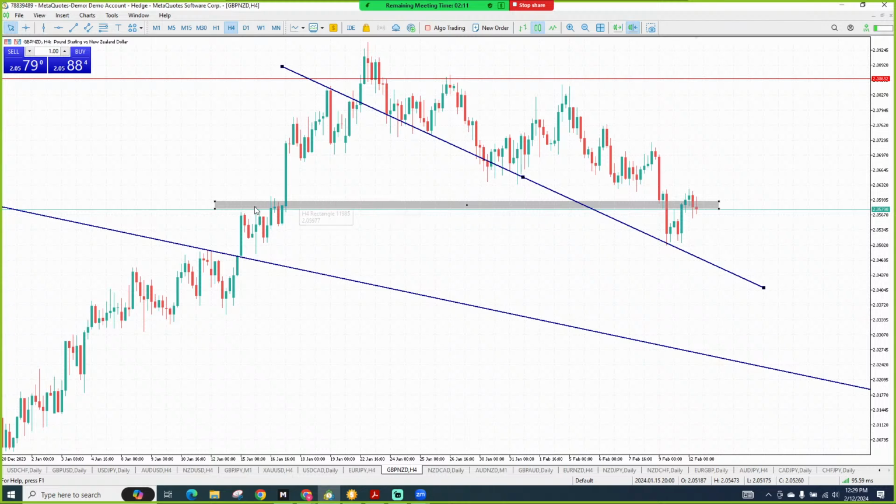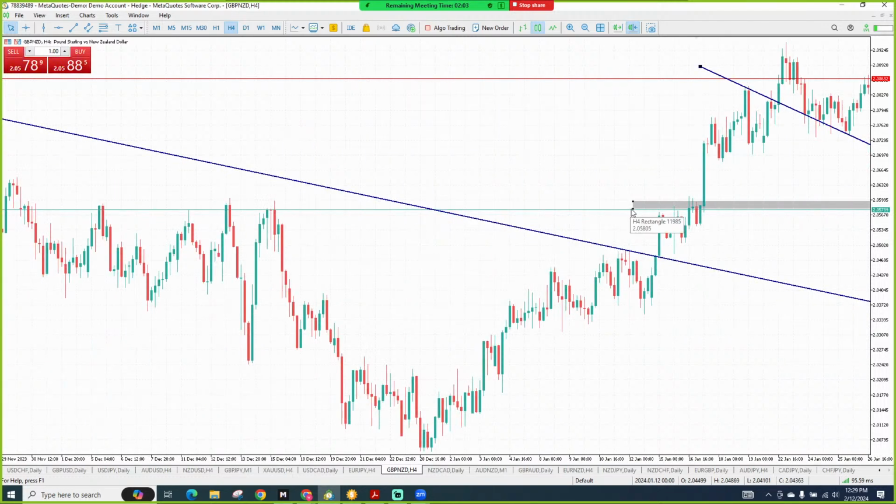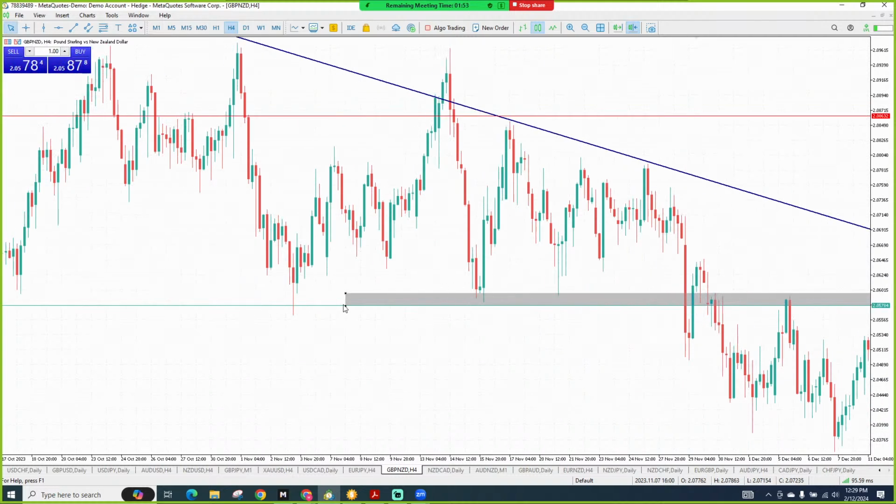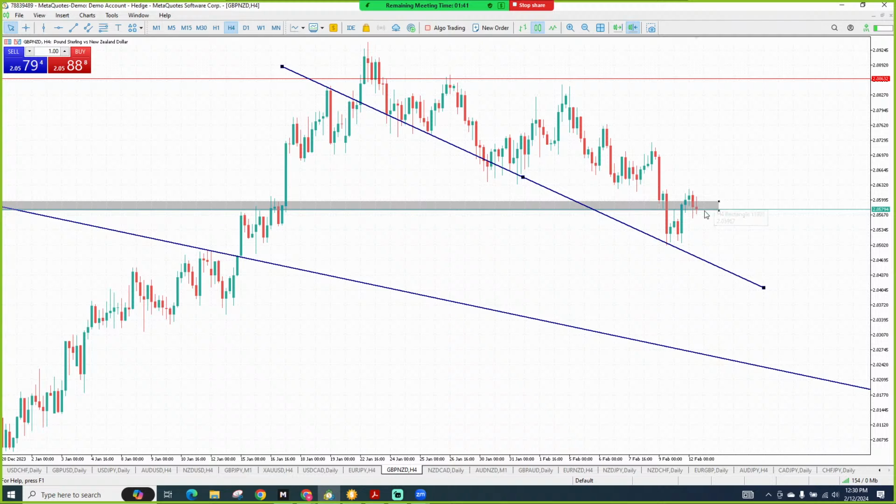But I wanted to talk about this level. There's a level here that if you open your eyes critically, then you will see it. Because if I go with this, you'll see the level that I'm talking about. Do you see that? There's a very important level right there. The market came down, went up, and it's rejecting this area. It means that if this candle closes below that level,